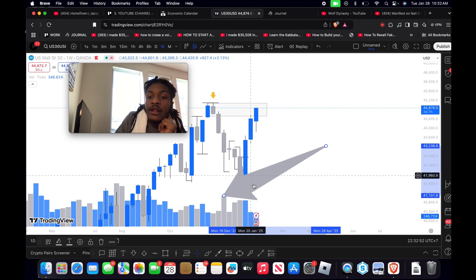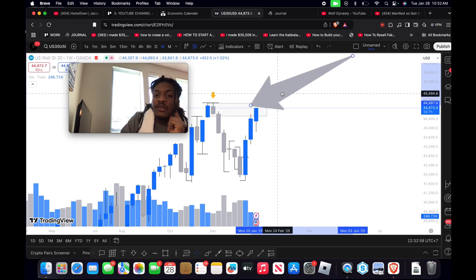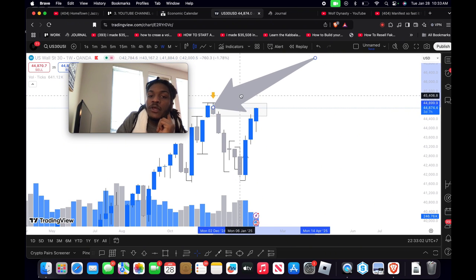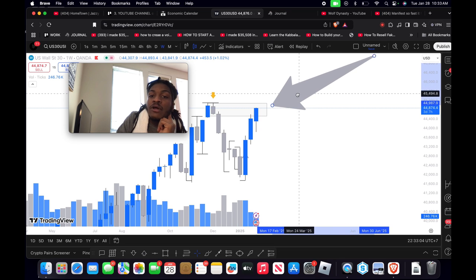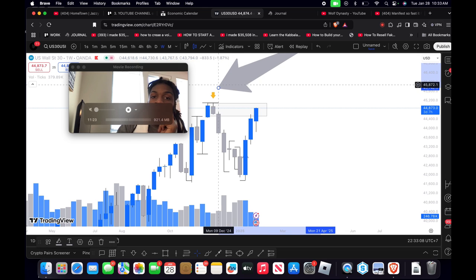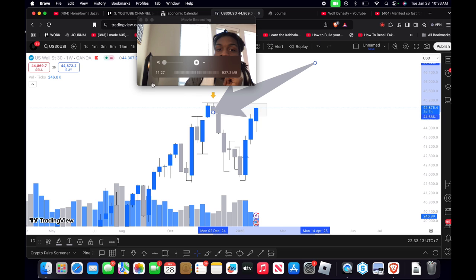Price is currently at all-time highs, and price can do two things. It can reverse from this supply zone, which is the rectangle box I have highlighted connecting to this candle, or it could break above, right? It could break above this high with the yellow arrow right here. And so if it breaks above,